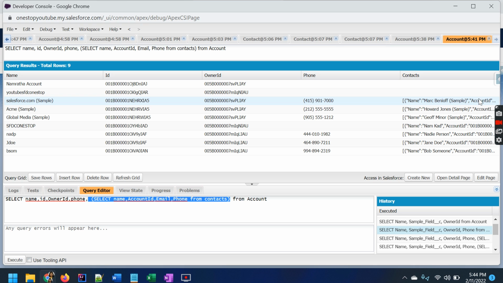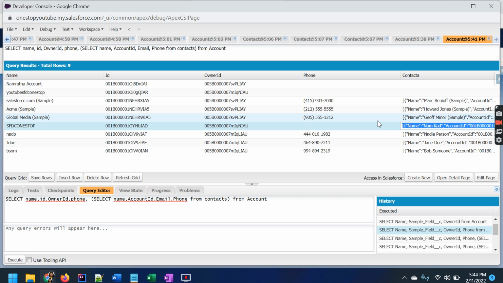It has the Salesforce account, the SFDC one stop, and it has all the information. Let's go here. Then it is also showing that you don't have just a single record, you also have two records for the same SFDC. So now when you click on this and try to